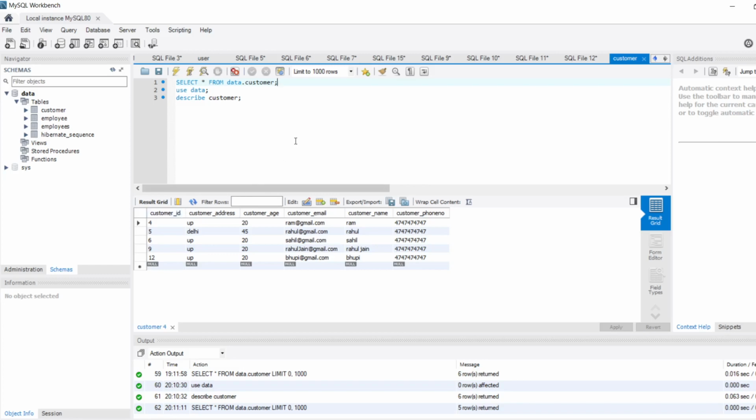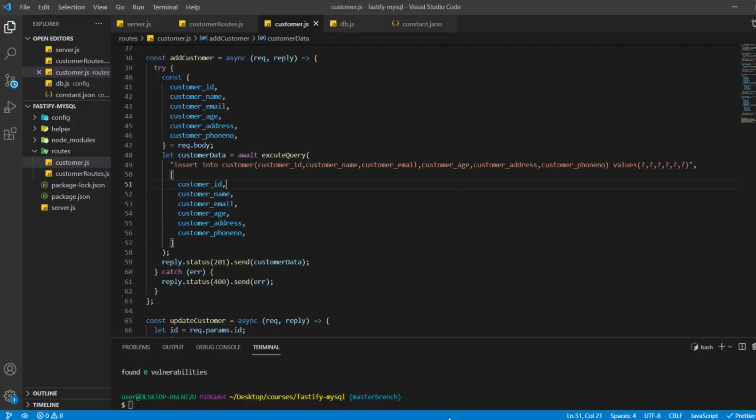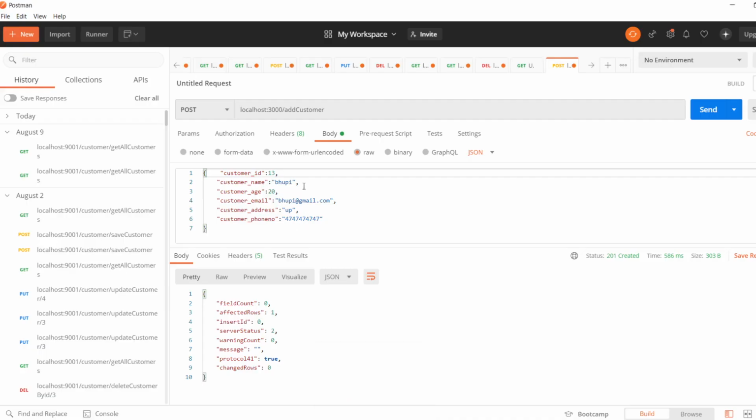This customer ID field will be auto generated, but in this case it is not auto generated. That is why we are passing ID, so that this query does not break. So guys, that is why that error has arisen. But now we have solved that. Now we can move further.